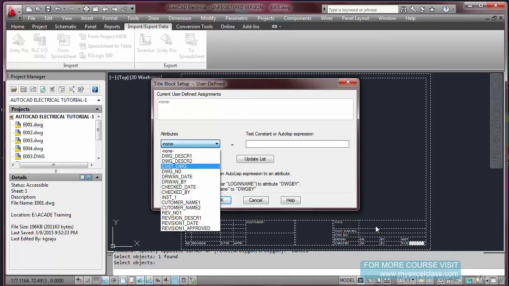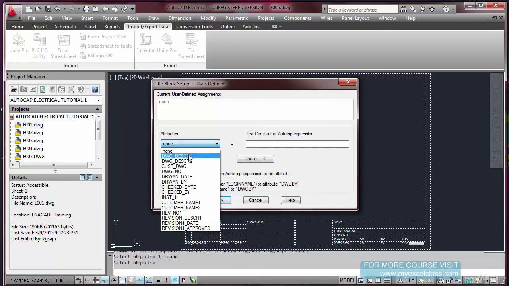Customer drawing number, our drawing number, drawn date, drawn by, checked date, checked by, installation, then customer. There were 2 attributes we provided for the customer name, then revision 1, revision 2. We have provided these revision attributes only for one row. We can put them for revision 1, 2, 3, 4, 5 like that also.